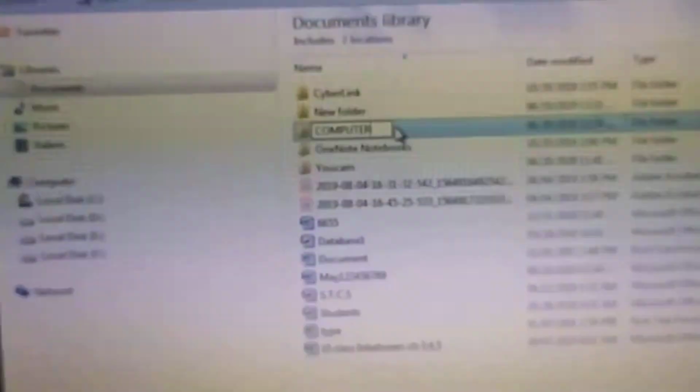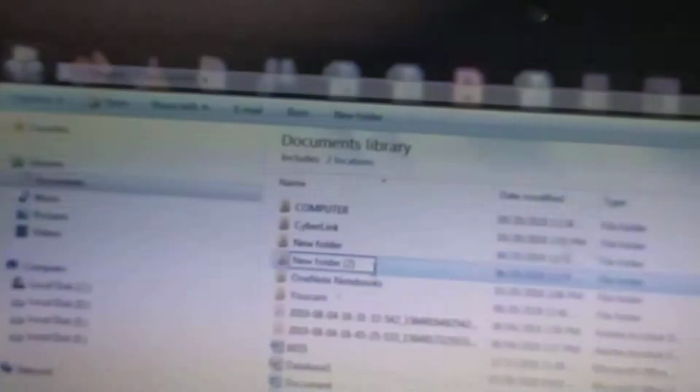I have written computer. So this is my folder name now. I can create a folder from this place also, as there is an option new folder. You just have to click on this. Now you can see your new folder with the name new folder 2 will be created, right? So you can rename this also,